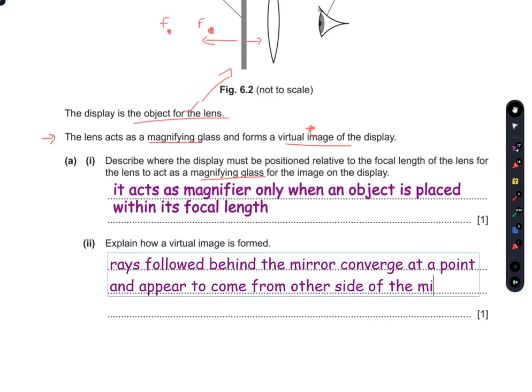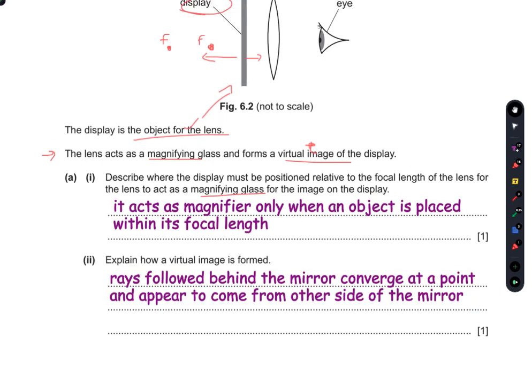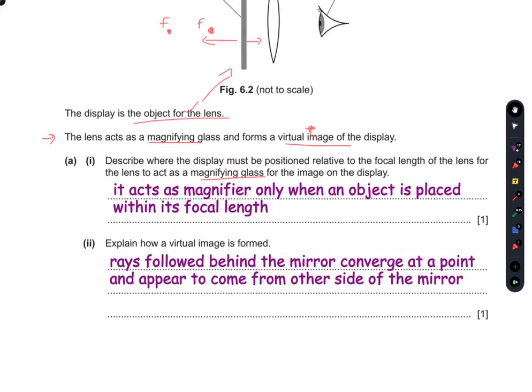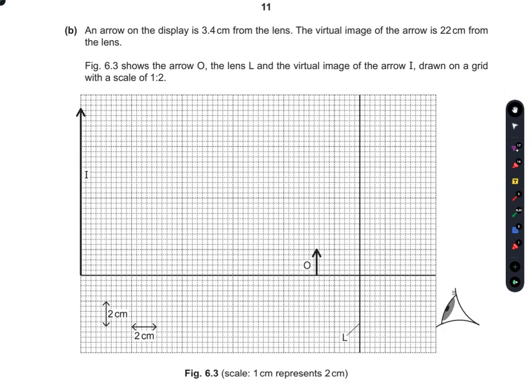The best example of a virtual image is the plane mirror in the barber shop. It is the best example. A virtual image is formed when the rays of light appear to come from behind the points, not by actual converging, but they appear to converge at the point. So that's your answer. Part B.